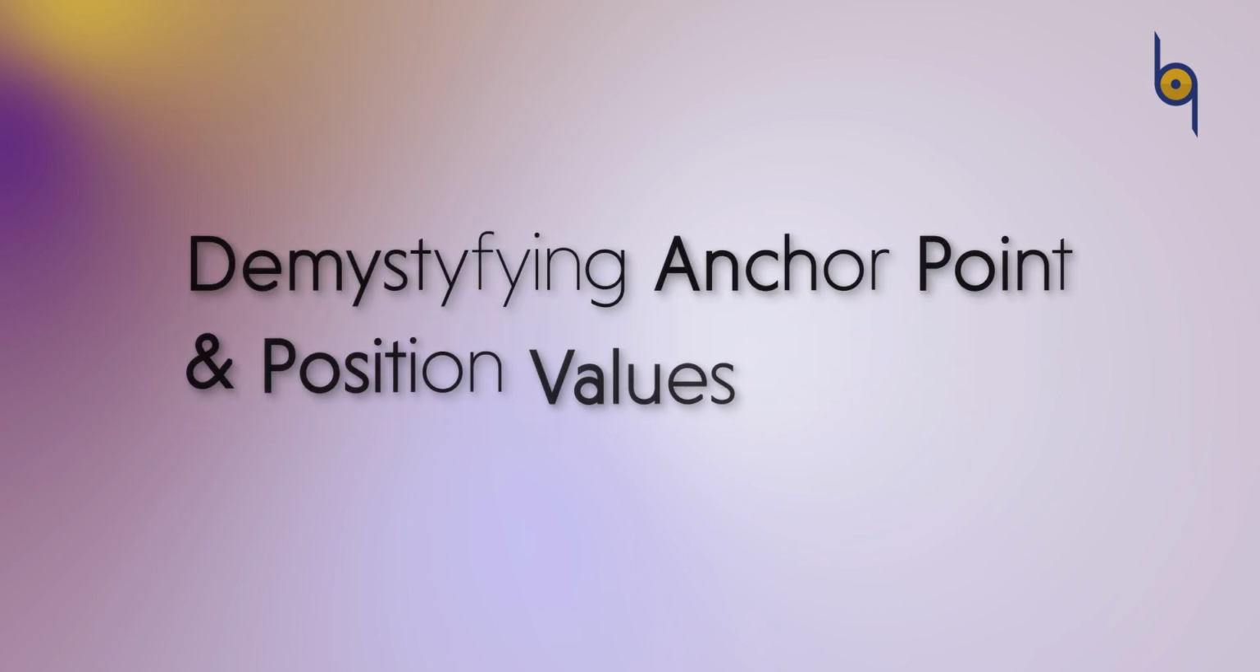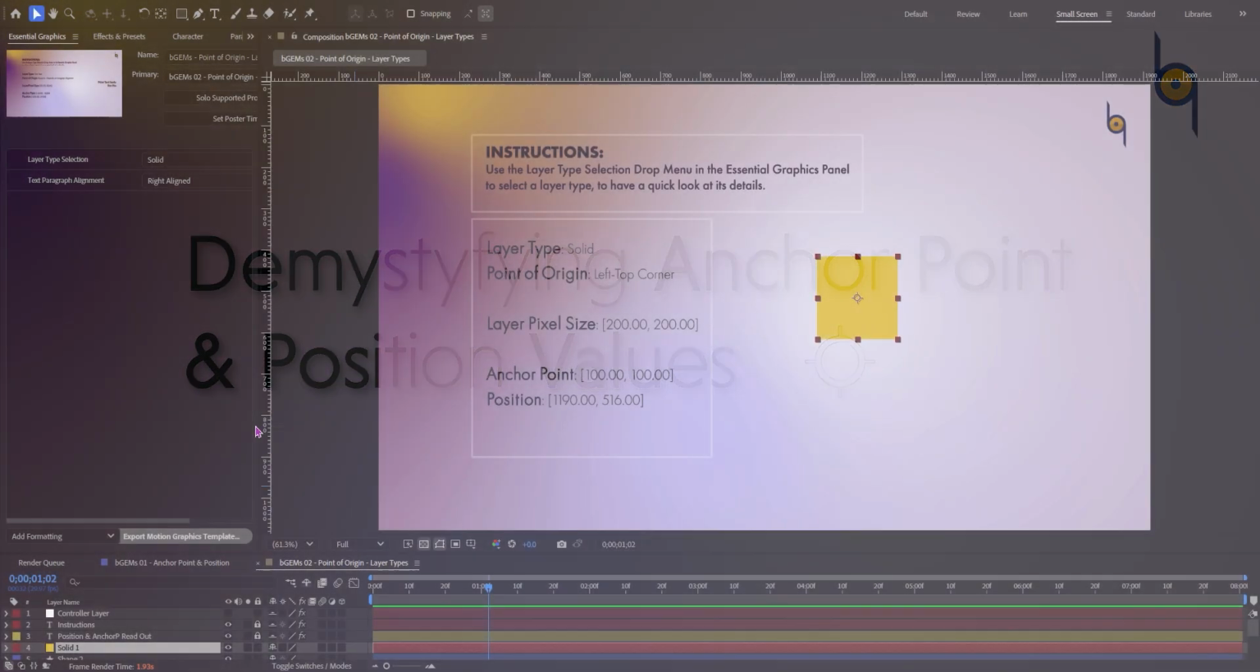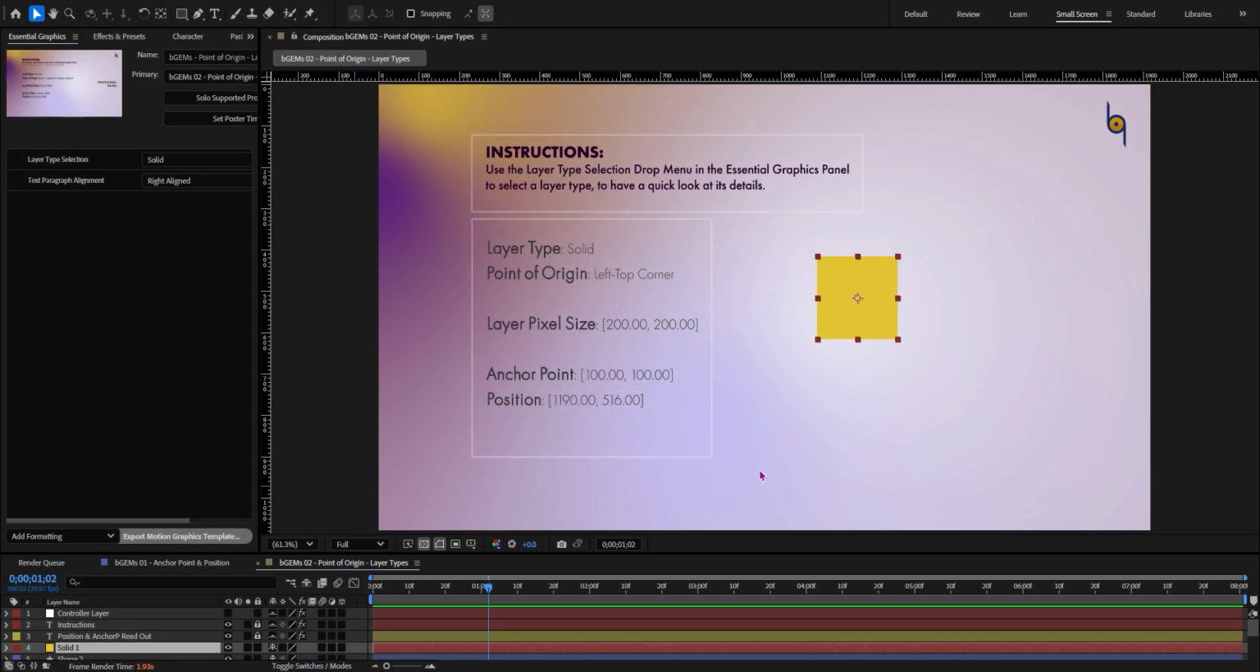So we're gonna take a deep dive. I've got a setup here. I've got a composition with a few types of layers, and here I'm accessing my Essential Graphics panel with the drop menu. So I've got a solid,